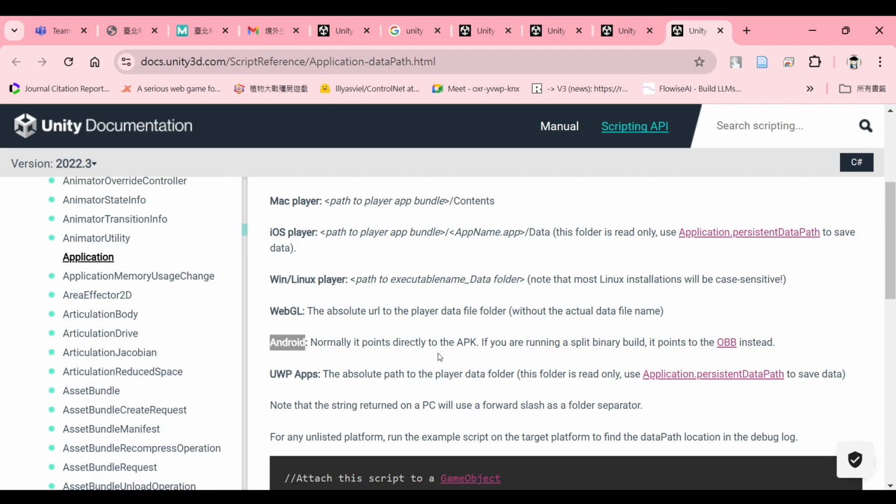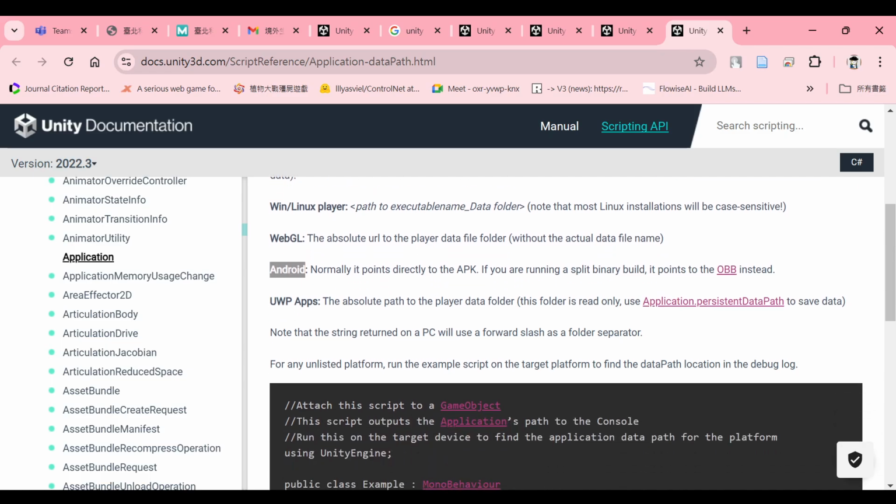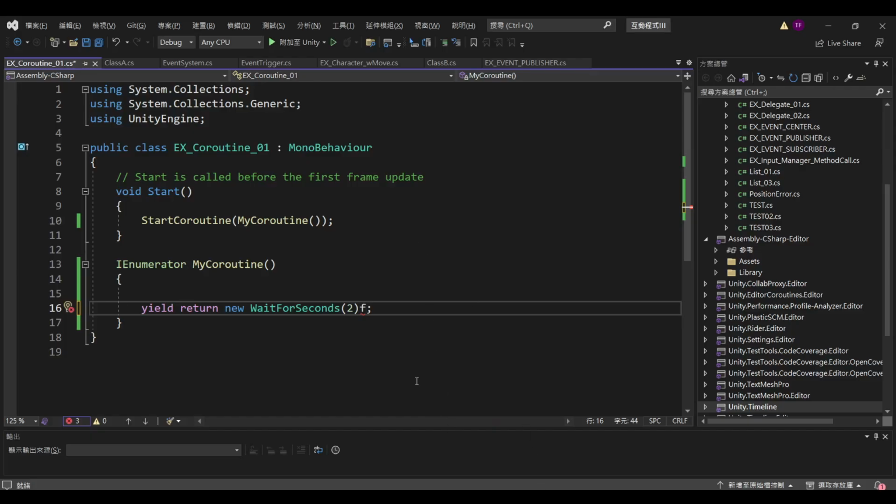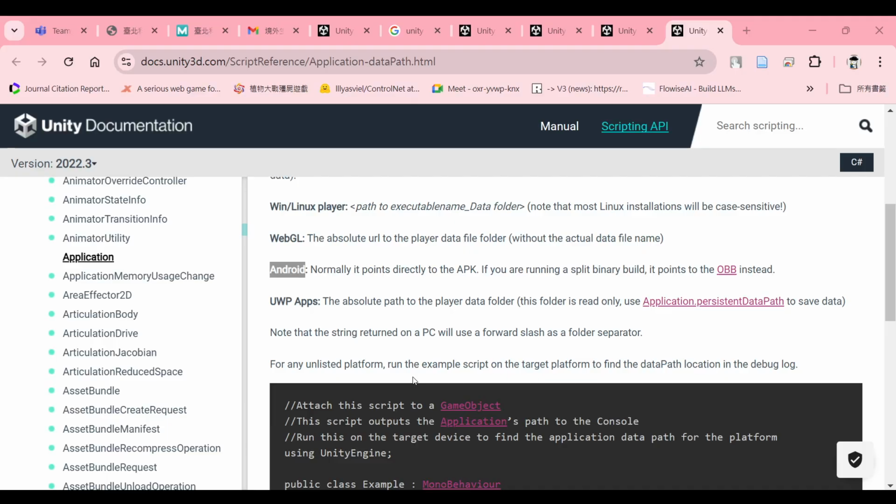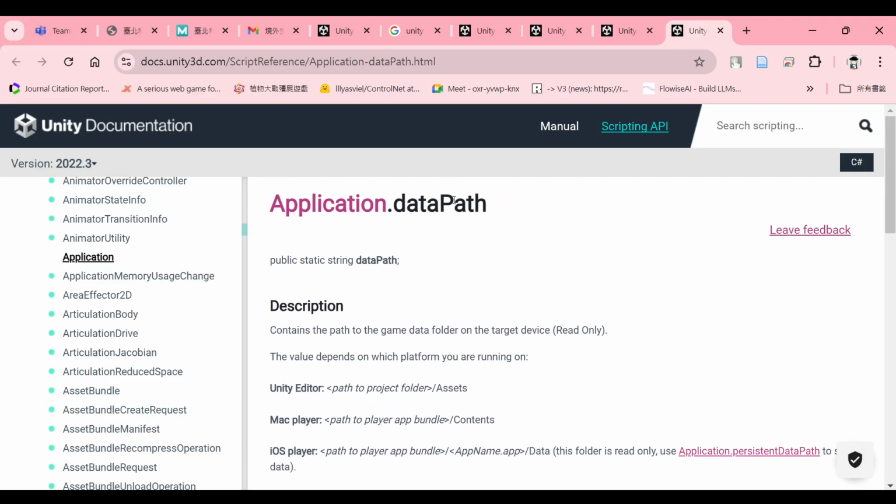But the name of the folder isn't expected when you are doing your programming. So that's a key problem. So how do we know the program folder and how can we save and load files from it? That's the problem. So Unity solved the problem by providing a variable from here,